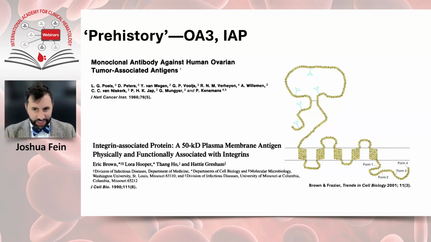There are several papers that came out around that time that pointed to this same protein showing up in all of these contexts, and they were able to clone it, determine that these were indeed the same protein, and named it CD47. This is, of course, around the time when the clusters of differentiation were getting their names. And I'll point to this figure on the right, which is a cartoon of the actual shape of the protein.